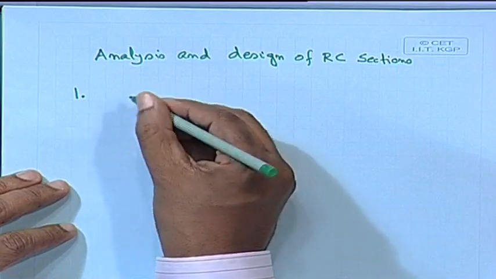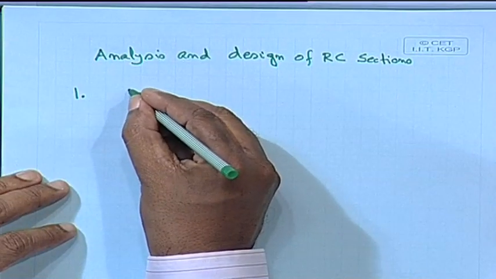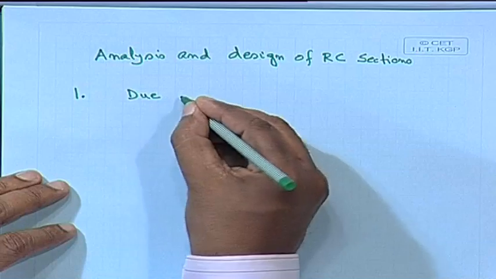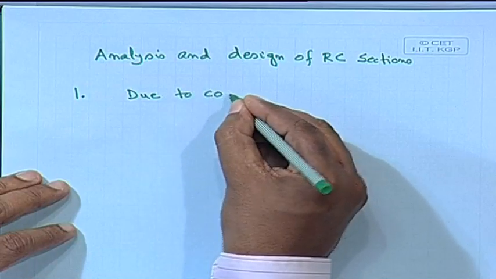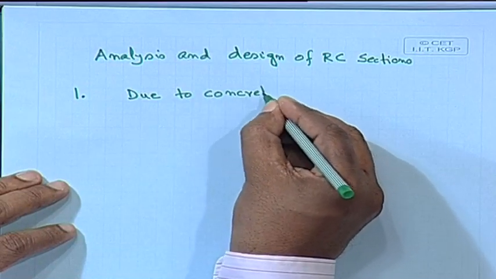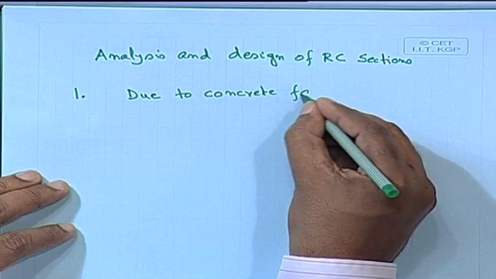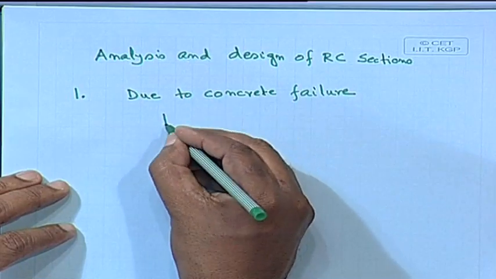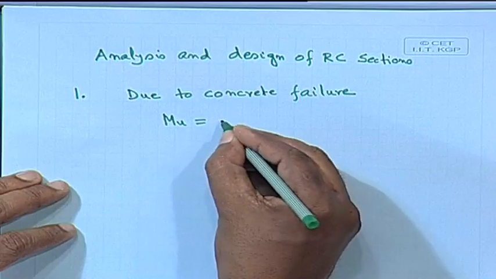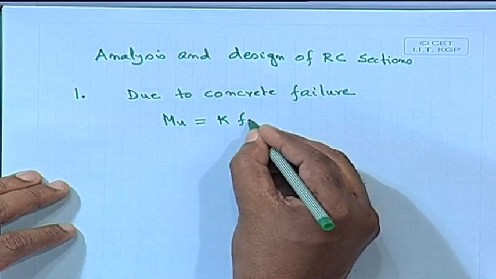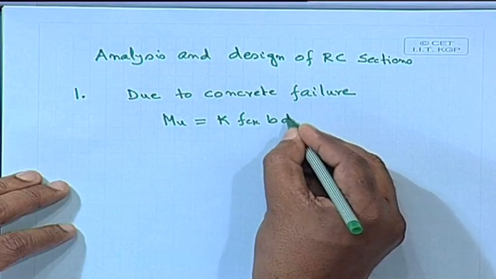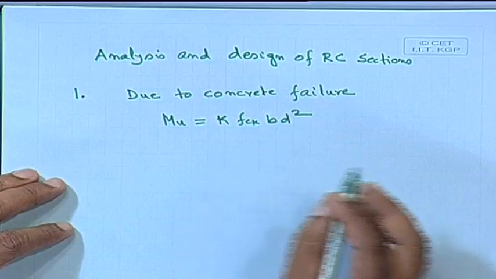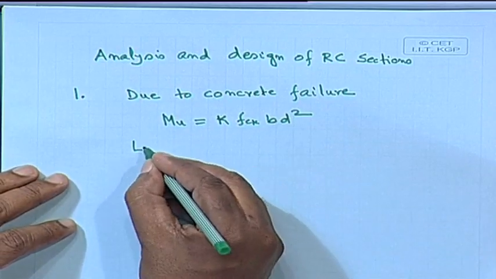Number 1, what we shall do, that due to concrete failure, Mu equal to K FCK B D square. Limiting values